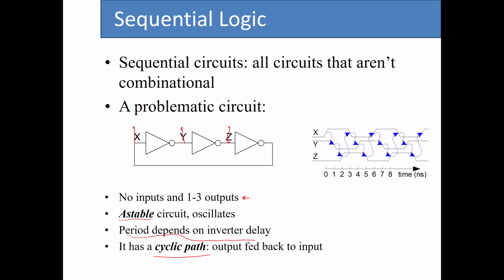As you can see, if I start from this point, I go through all these components one by one, and I end up at the same place. So that is what is called a cyclic path, which means that the output of the circuit is fed back to the input. Clearly, based on this example, having such a circuit, we have little control over the aspects of the circuit. So we need to come up with some rules in order to be able to control